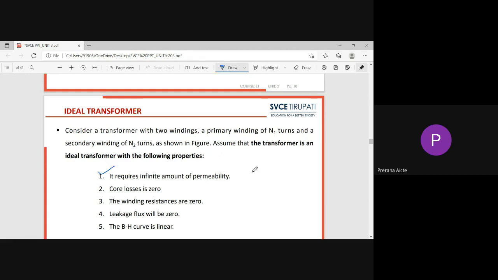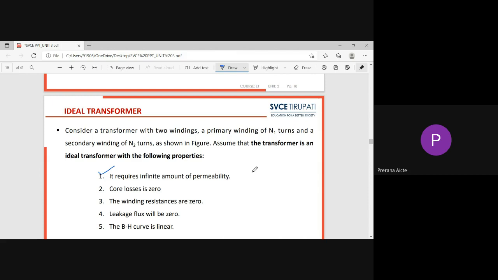So whatever flux is produced in the primary winding is going to be linked with the secondary winding through the core of the transformer. When we design the transformer core with infinite permeability, whatever flux is produced in the primary winding, the same total flux